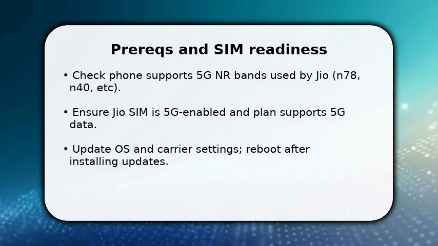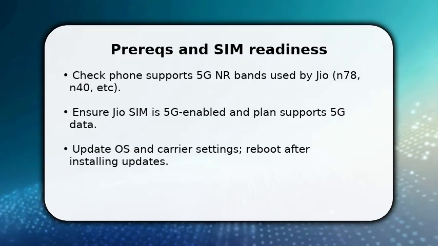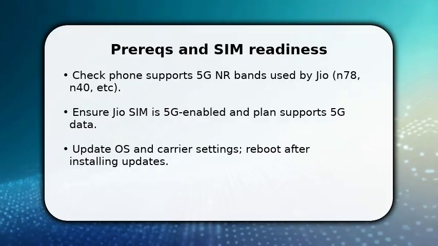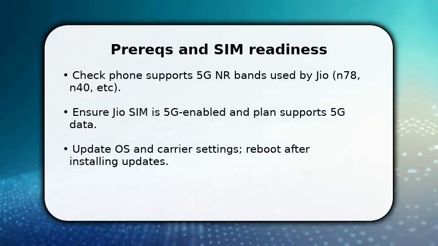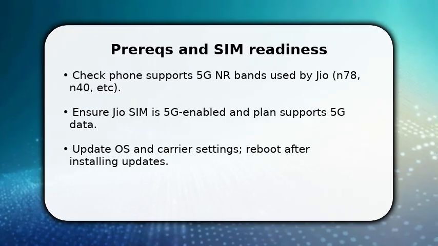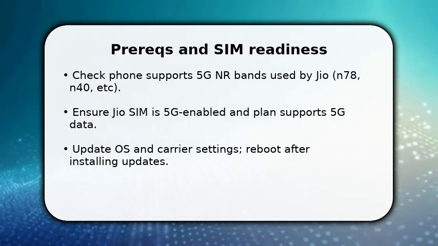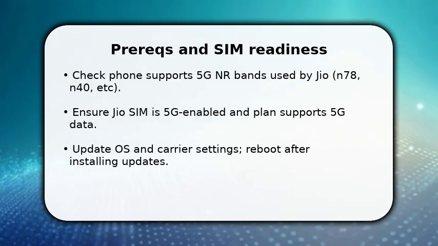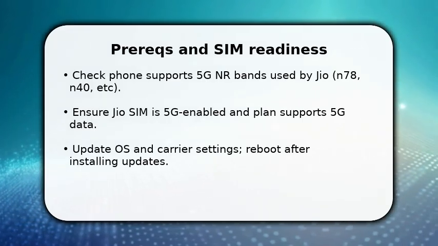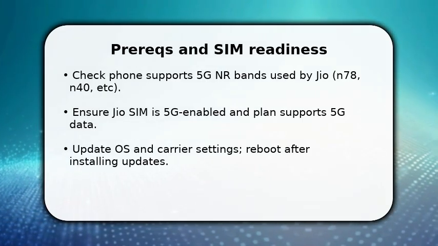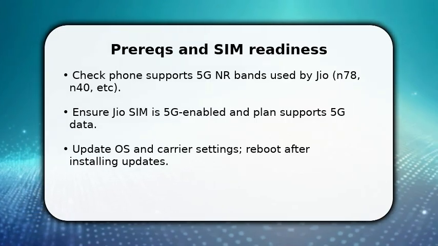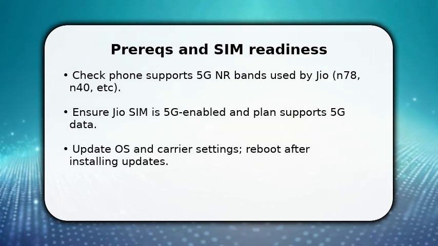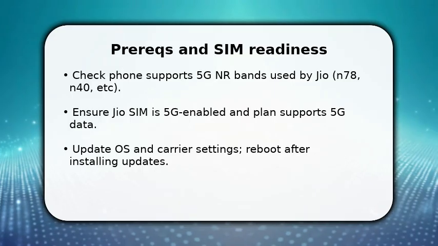You start by verifying compatibility. Confirm your phone supports Jio's 5G bands and that your SIM and plan include 5G. Once done, update the phone OS and carrier settings because carriers push network profiles via updates. Make sure the physical SIM or eSIM is provisioned for 5G by checking carrier messages or account portal. If not, request activation. Reboot the device after updates so new network configurations load properly, and the radio can scan